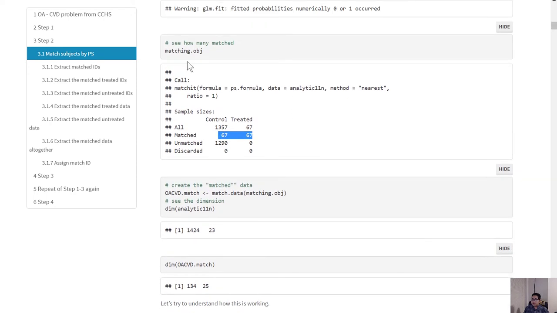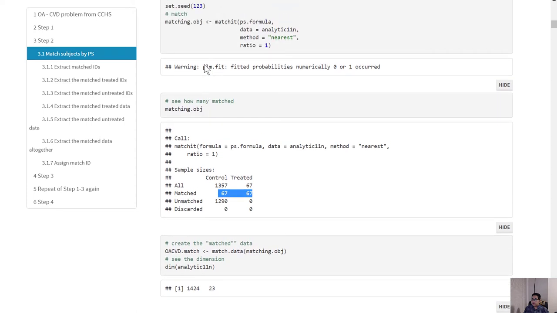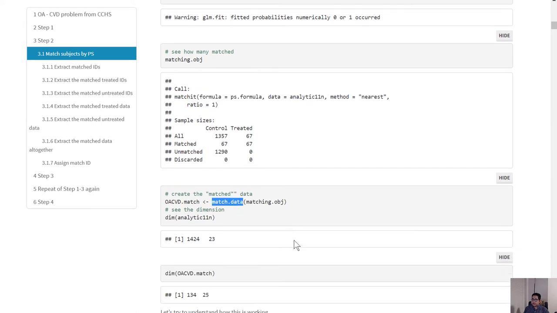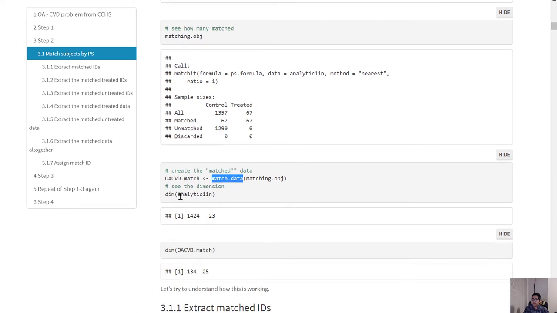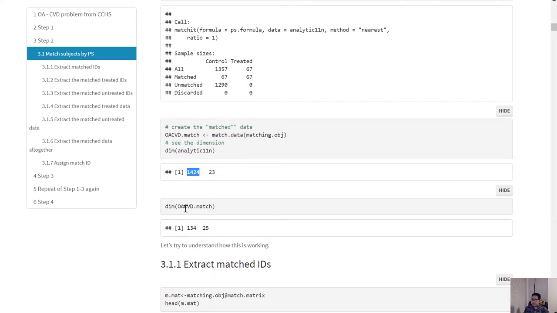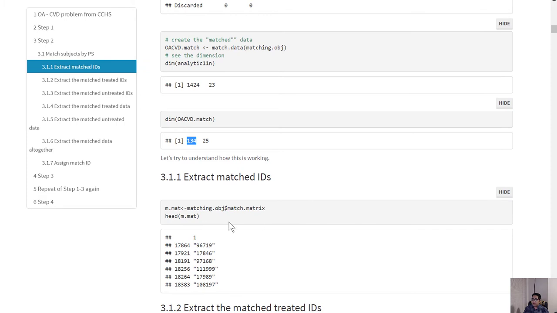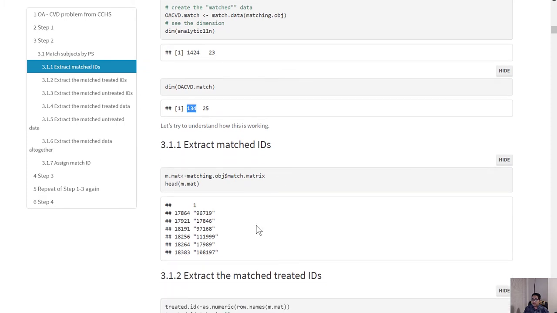And once you do your matching, you can extract the data using the match.data function, and then see what was the original dataset. The original dataset was more than 1400, but after you do the matching, 67 plus 67, it is going to be 134 subjects only. Alright, so in the next couple of steps, these are not really essential, but it is